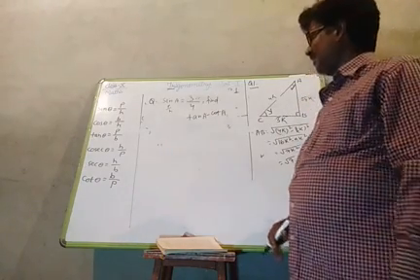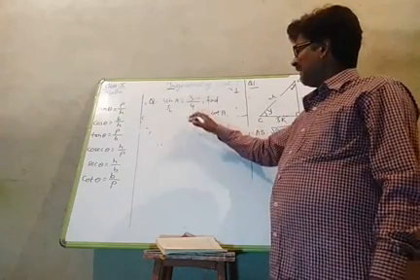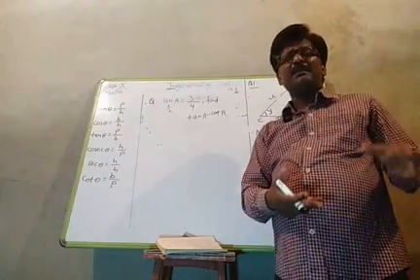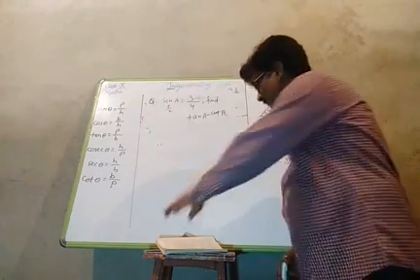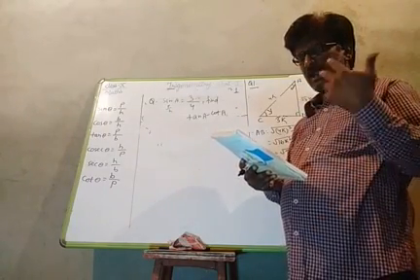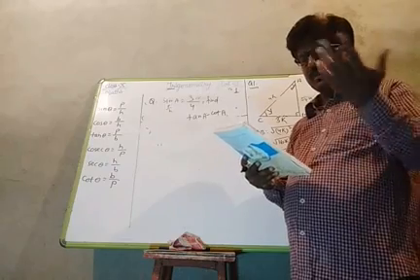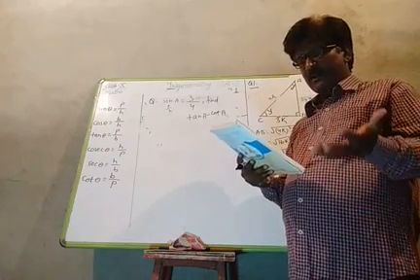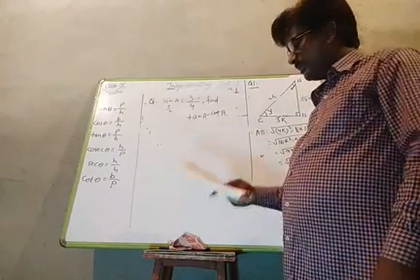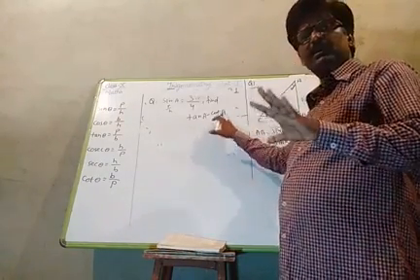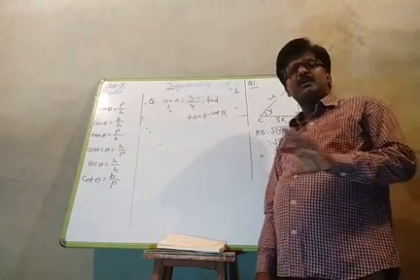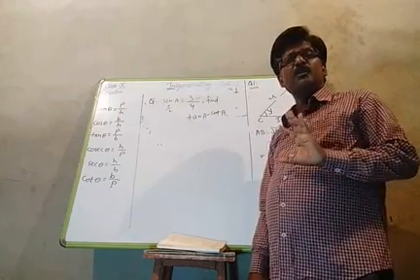Suppose the question is now to find tan A minus cot A, tan A plus cot A, sec A plus cos A. Such types of questions are given, and the same questions are given in question number 4, 5, 6, 7, 8, and 9. All questions are the same. When we understand this question, then up to question number 9 all the questions will be solved. I think no problem will be there.